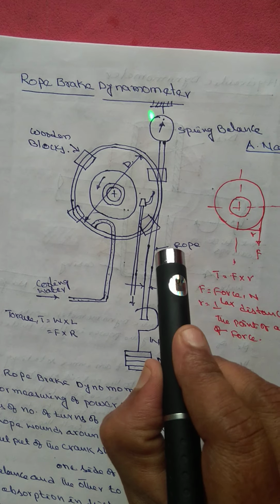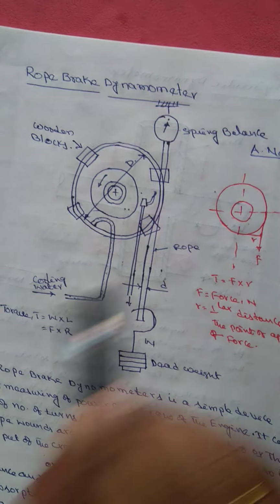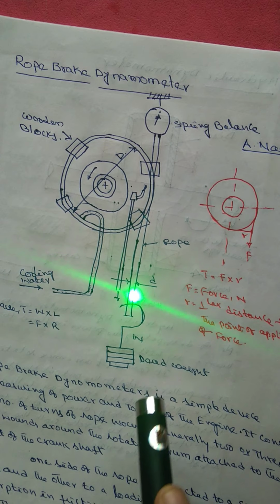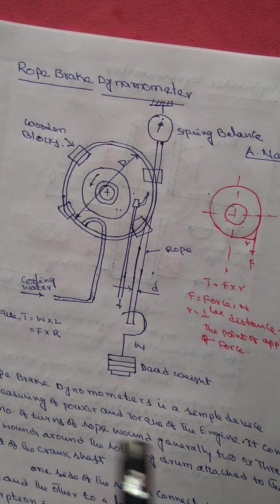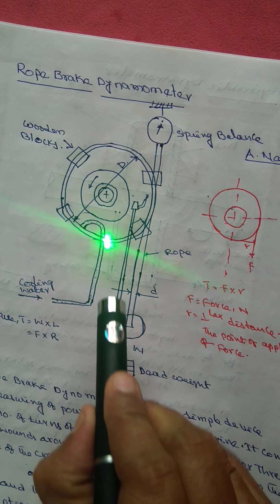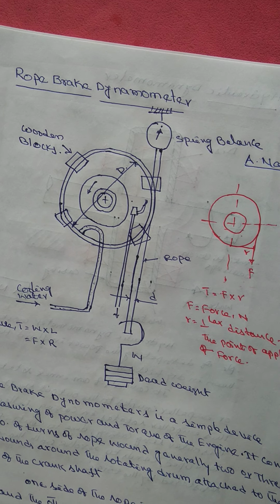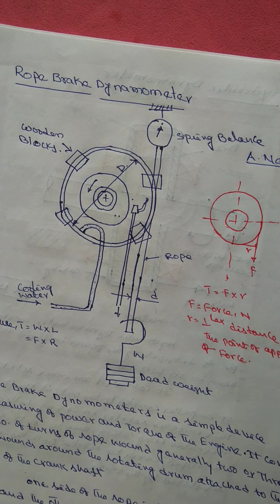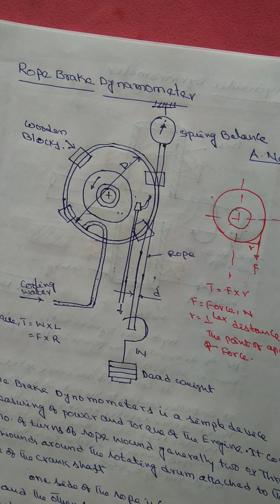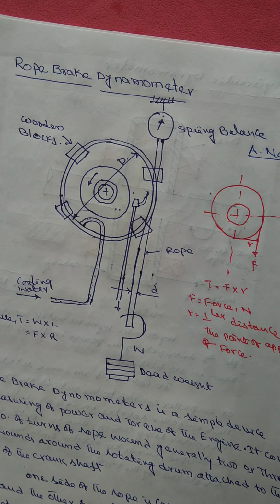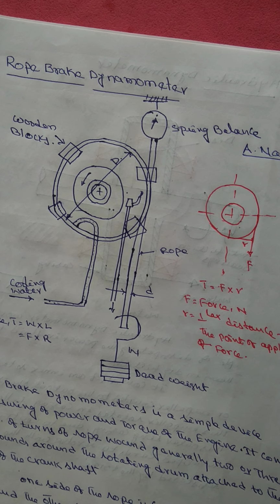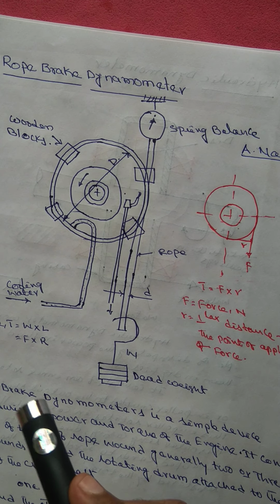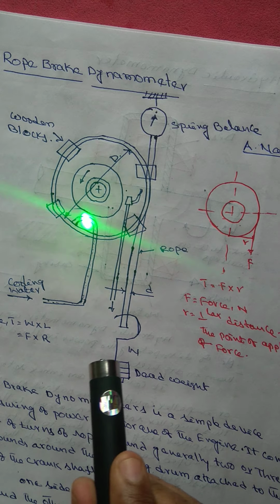So this is a spring balance we connected. Another weight we are going to connect over here. And we are going to provide cooling water. Why are we providing cooling water? Whenever the drum is rotated, it is going to be heated. Some heat is generated from the engine and this drum. So we want to cool it down. For that purpose, we are going to send cooling water inside of the